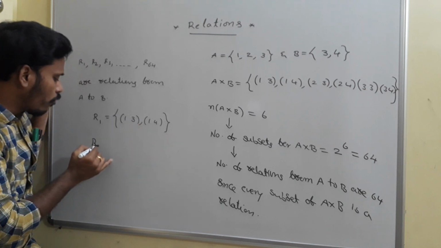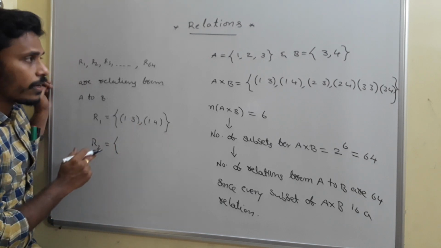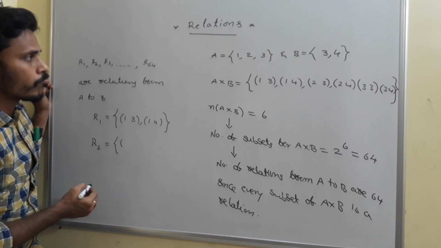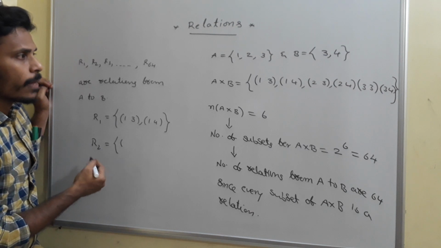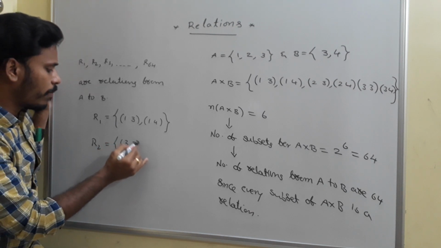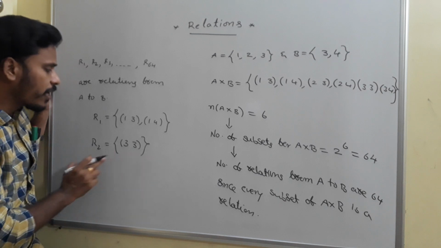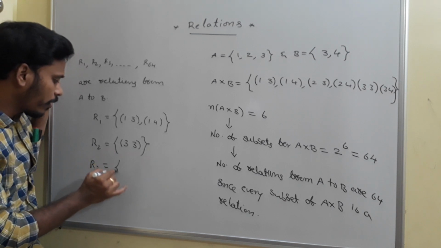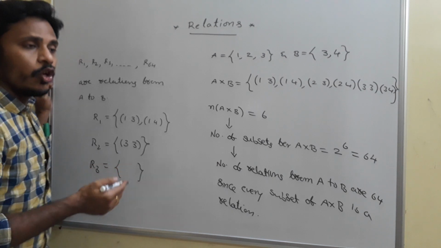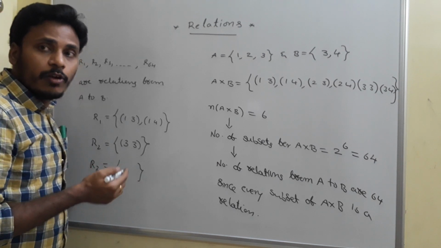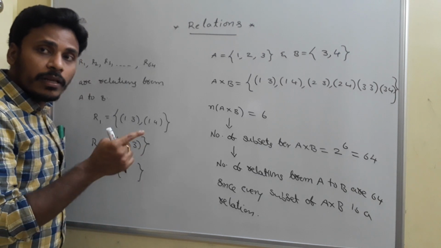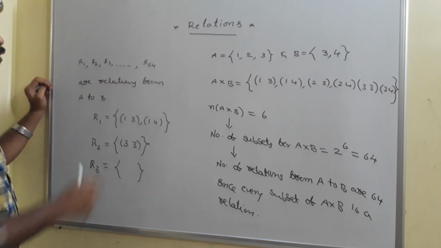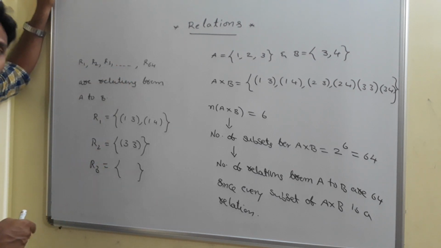And suppose I will give you another relation, I will take another relation, R2, a subset containing anything as you wish. A set containing (3,3), and it is a relation containing a single element. And I will take another relation, R3, empty. We know that the number of subsets of a set is 2 power n, and in the 2 power n the empty subset is also there, right? So among these 64 relations, one relation is clearly the empty relation.